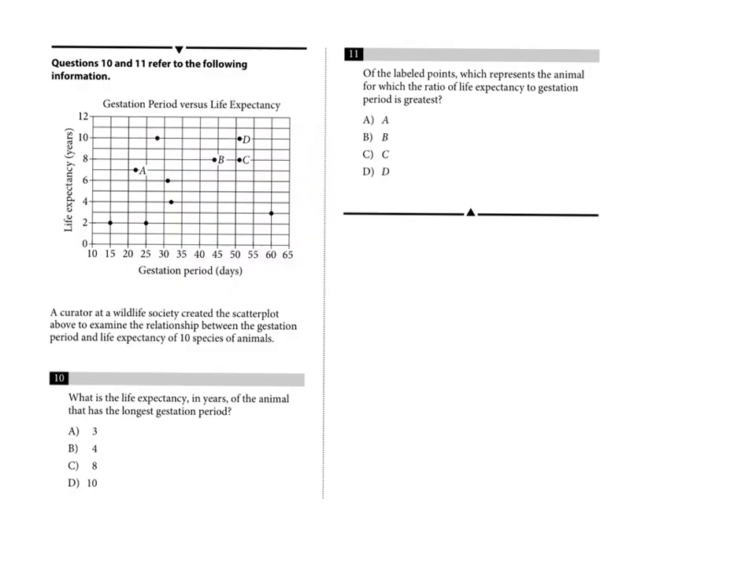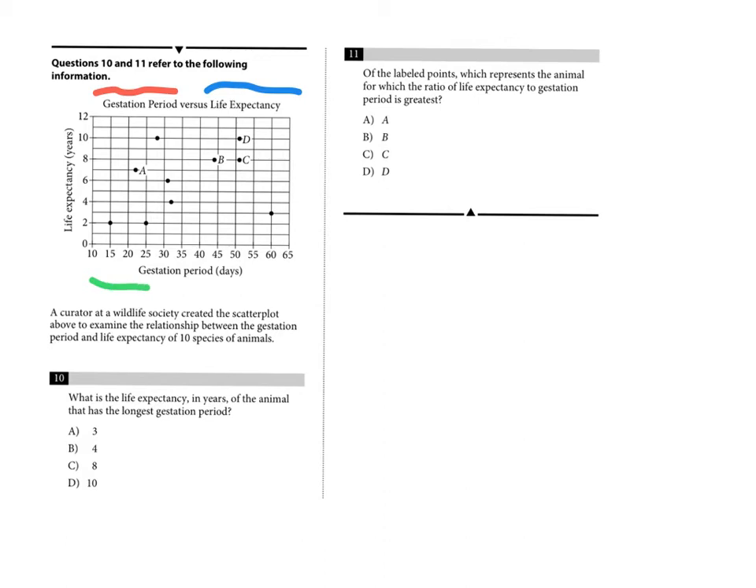Questions 10 and 11 refer to this information. Here they're given the gestation period, so I guess that's the growth period, versus the actual life expectancy. And a curator at a wildlife society created the scatterplot to estimate the relationship of the gestation period and life expectancies of 10 species of animals. Number 10, which is the life